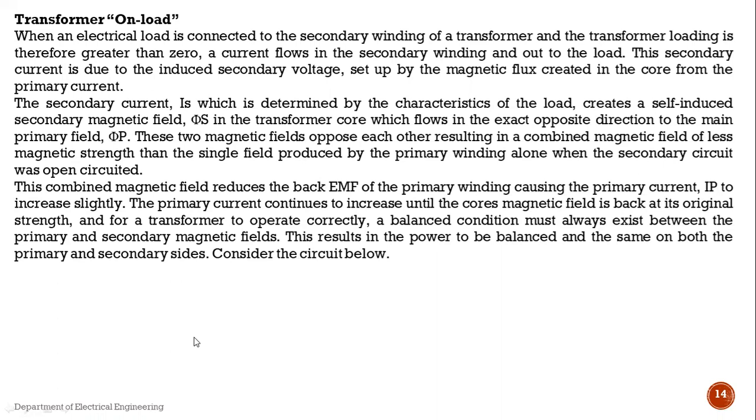Now the connected load on the secondary side may be a resistive load, an inductive load, or a capacitive load. So there are three types of load: resistive, inductive and capacitive. At this condition, when the electrical load is connected to the secondary winding of the transformer,